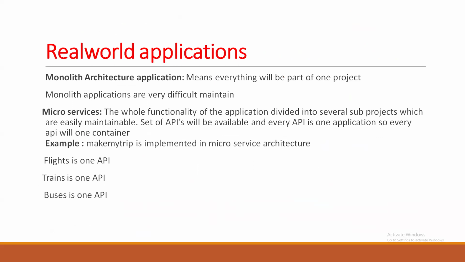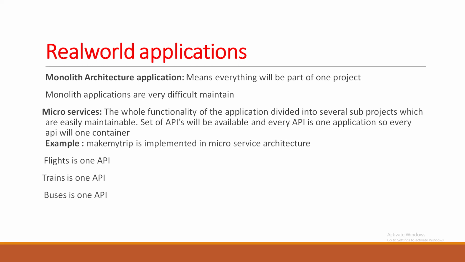What are the real-world application architectures? Monolithic architecture and microservice-based architecture. What is the difference between monolithic and microservice architecture? Nowadays every application is deployed as microservices. Monolithic means the old approach, where the entire application